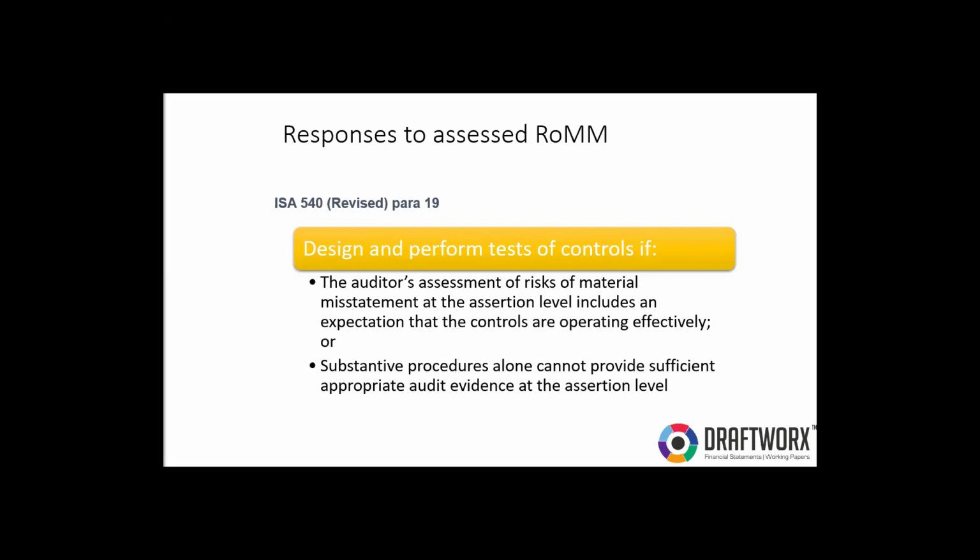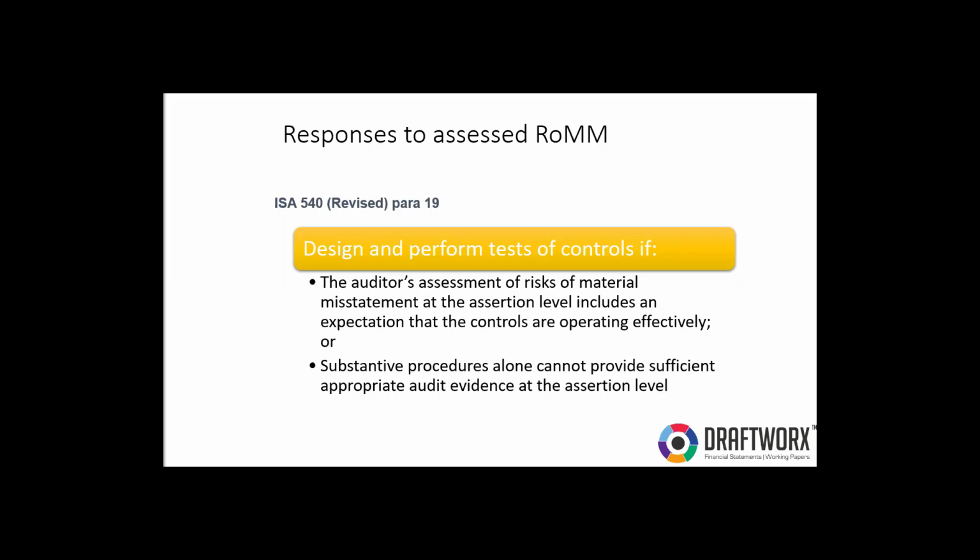So you're going to use a substantive approach alone. But there may be circumstances where, when you assess controls, when you look at your system descriptions, your design and implementation, that means your system descriptions and your walkthroughs, you might find circumstances where there is an expectation that the controls may be operating effectively. Then that would lead you to testing those controls, the operating effectiveness of controls. That means you're going to select a sample and test that control for the entire period.